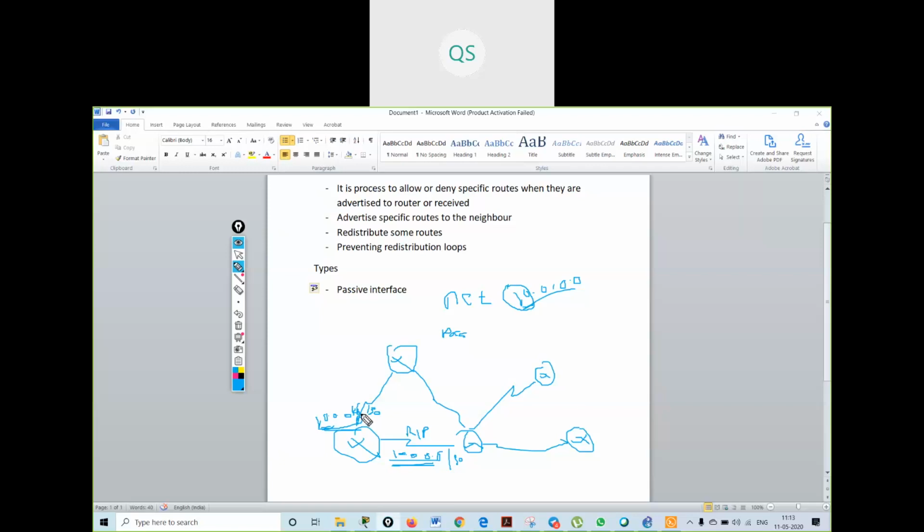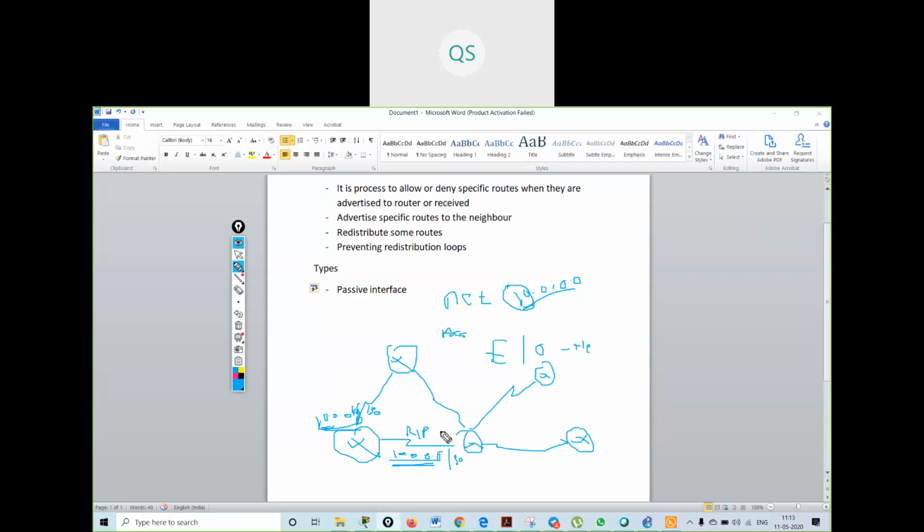It will not send updates, or in the case of EIGRP and OSPF, it will not send hello packets. Understood?